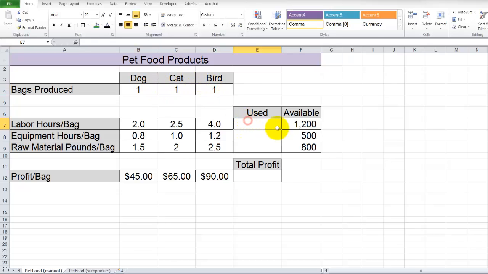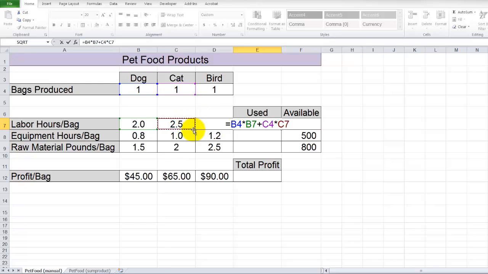So when we start to model the total number of labor hours used with this combination, we would simply reference 1 bag of dog food times 2 hours for the dog food plus 1 bag of cat food times 2.5 hours of labor for every cat food bag plus 1 for the bird food bag times,